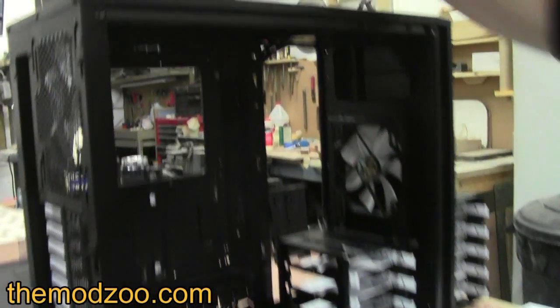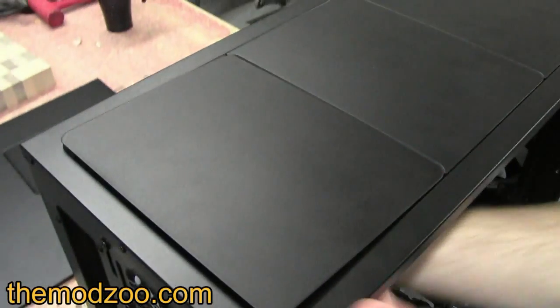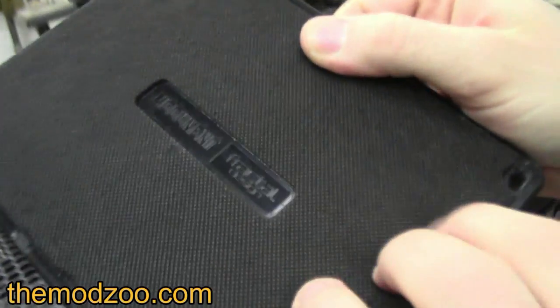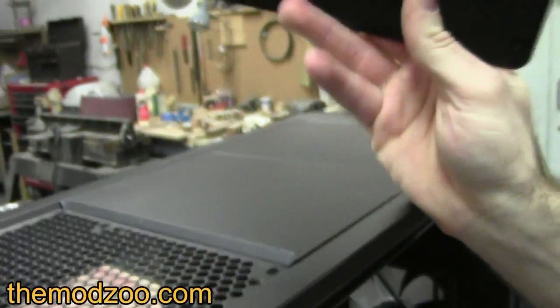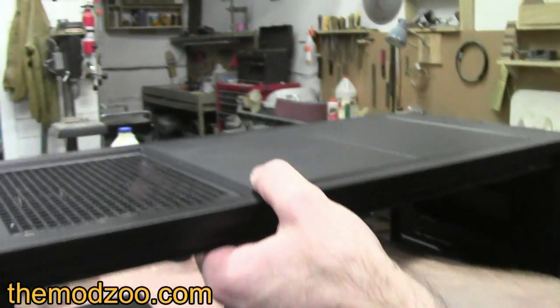Okay, so if we move to the top of the case, you can see there's 3 little panels here, and they're just some tabs that hold them in place inside that you can pop out and remove. It's got more foam. This is a little bit less dense of a foam than on the side panels, but these are more sound deadening panels. And if we remove